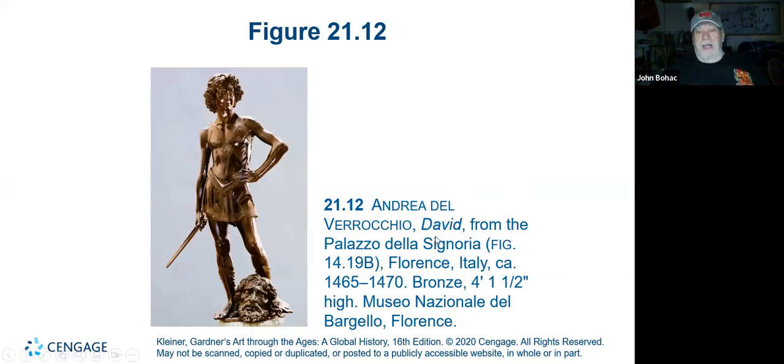And here's another David, del Verrocchio. And this is from another Plaza Signoria in Florence, Italy. See, the Florentines were decorating everything with this beautiful sculpture. Same theme, same contrapposto, a little more modest, having covered David with some clothing, but bottom line,